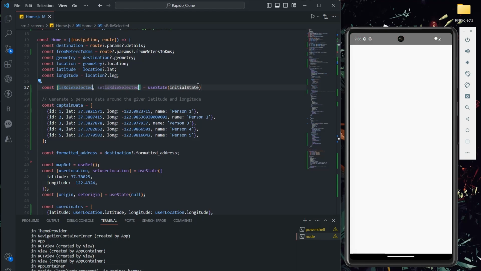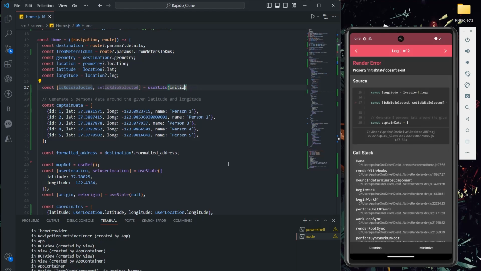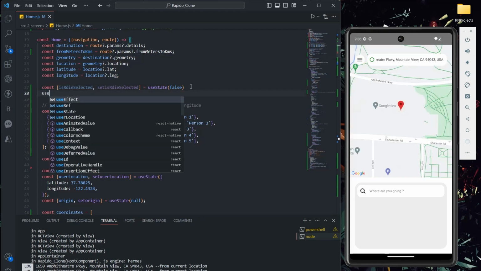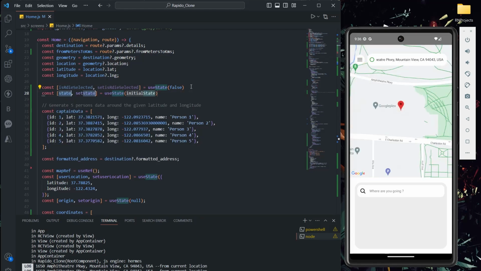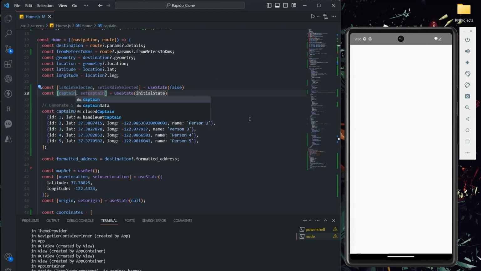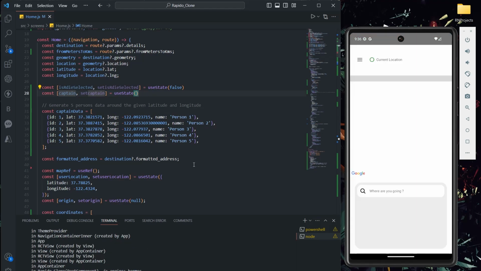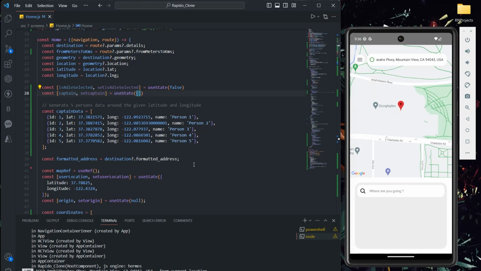Initially I'm going to take a boolean value of false. And second, one more useState I'm going to take. I'll say captain. Whoever is the closest captain selected, I'm going to store that particular captain data here. Initially I'll say an empty array.